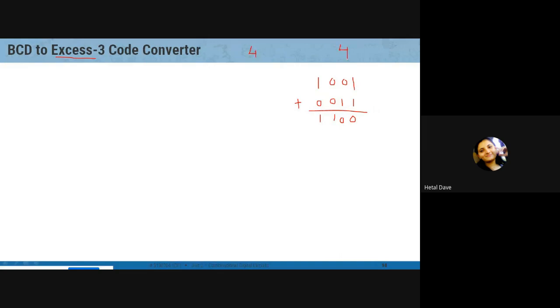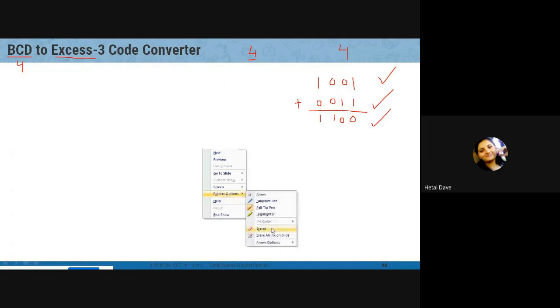How are the 4 inputs decided? It is not given in the title. But BCD itself is a 4-bit code, so we can say 4 input. How is the output decided? We have considered the maximum number in BCD. We have added 3. I can get a maximum of 4 bits. So 4 input, 4 output. Then you can draw the block diagram.